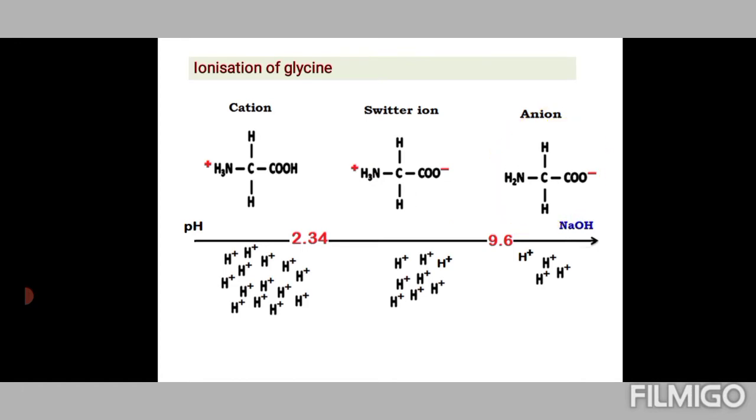And beyond this pH value of 9.6, when the concentration of anion overtakes the Zwitter ion concentration, the charge tends to become negative, more negative, and it reaches -1 when glycine almost entirely exists as anion here, -1. Now, these two values on either side of the Zwitter ion, 2.34 is taken as pK1 value, and this value 9.6 is taken as pK2 value. This is actually pK1 value with respect to carboxylic acid group, and 9.6 is pK2 value with respect to amino